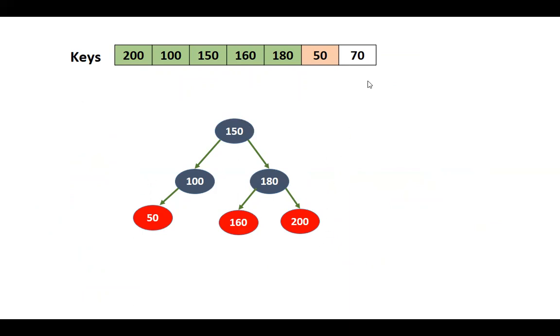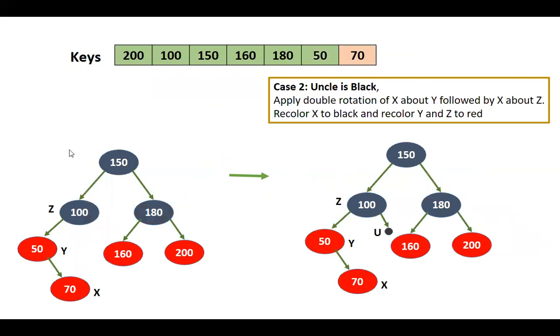Next, what you insert is the last key, that is 70, right? Again, smaller than 150, smaller than 100, but greater than 50. So the right child of 50 is 70, the newly inserted node. Now again you check. This is a red violation. The tree is imbalanced. What you do, you check the color of the uncle. Uncle is a null node, so it is always black in color, right? So here you have the insertion from left to right. Even if you have insertion from right to left or left to right, there is always a double rotation. Remember this. And uncle is black.